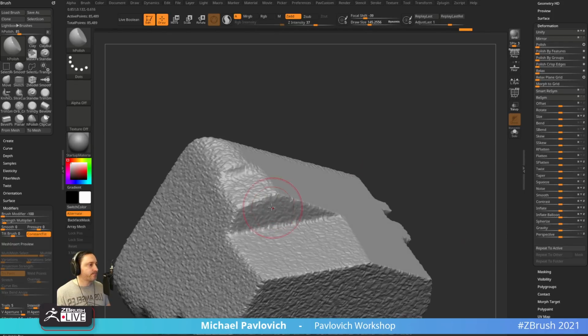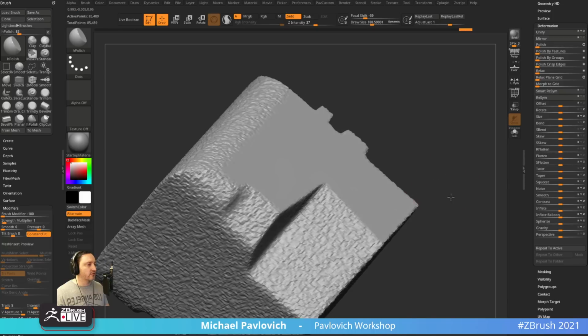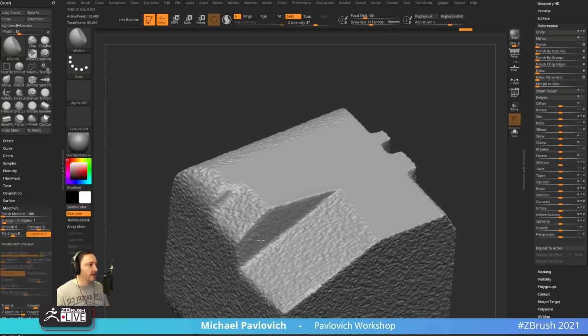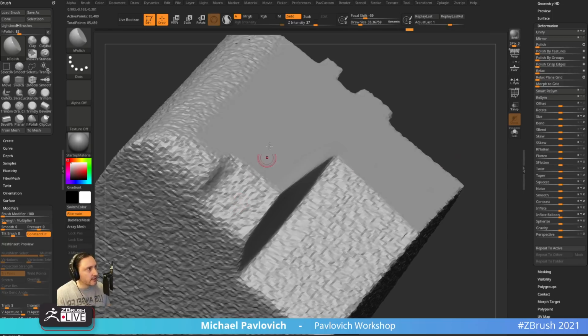This is where, on this side here, you can, polish has two things. You hold down Alt, or let go of Alt. Holding down Alt will pull up to a surface, letting go of Alt will push down to a surface. So when you're on a concave area, I usually cycle back and forth, so I'll kind of pull up and push down. And also look how big my hPolish brush is. If you go in here with a tiny hPolish brush and you're trying to